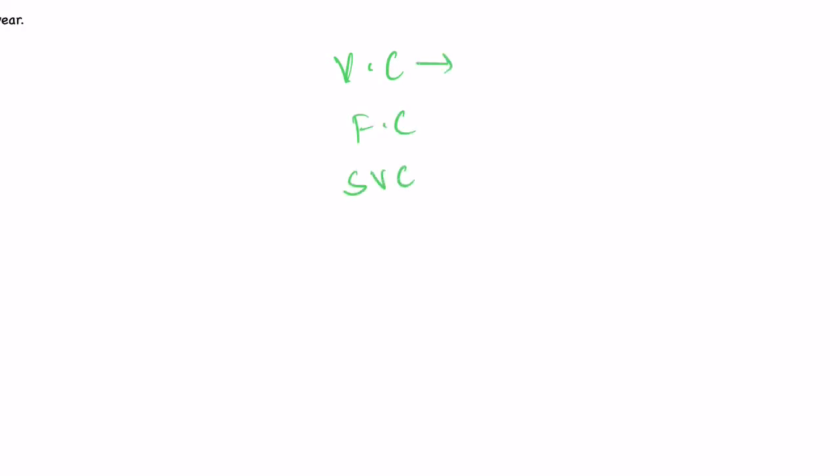Variable cost, in simple words: for every change in units, be it increasing or decreasing, the variable cost in total is going to increase or decrease. That is directly proportional. Got it? These both are directly proportional. But variable cost per unit is going to be the same. Variable cost per unit is going to be the same. That is what variable cost is.